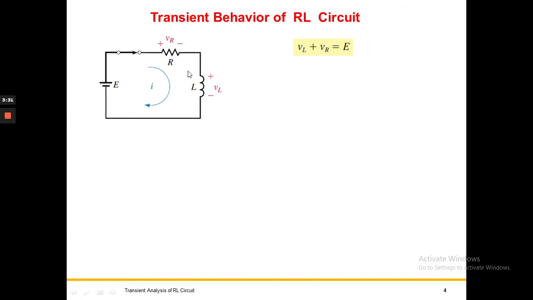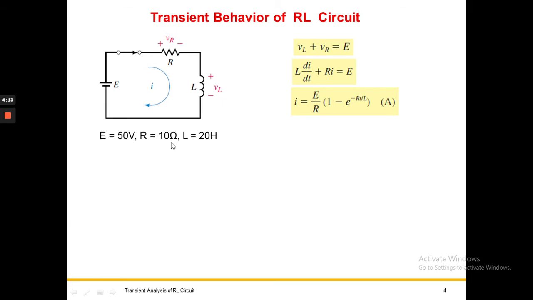Then the voltage drop across the resistance plus the voltage drop across the inductance should be equal to the supply voltage. The voltage drop across the inductance, from the basic result, is the inductance value times the rate of change of current, and the voltage across the resistance, by Ohm's law, is R times I. Then this is a first order differential equation. You can solve this differential equation in a conventional manner, applying the initial conditions, and then you will get the solution, that is, the loop current. It is a first order differential equation.